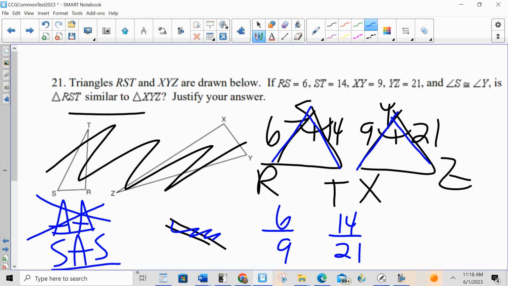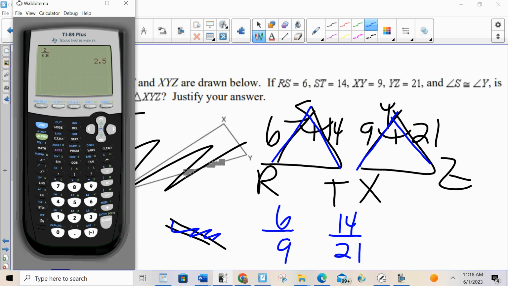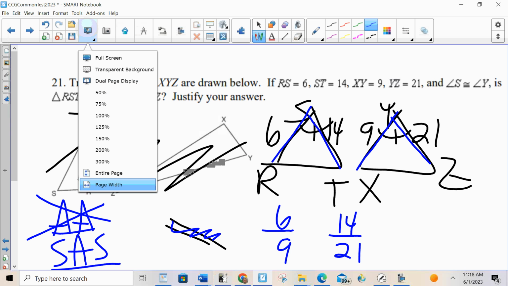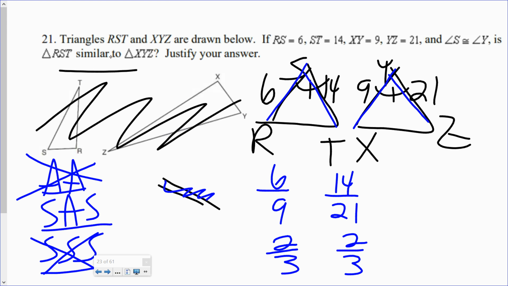If you can't reduce fractions because you don't know 6th grade math, that's okay. I got you covered. Just go to your calculator. Alpha y equals enter, or alpha x for those of you cool enough to have the colored edition. That reduces to 2 over 3. Alpha y equals enter. 14 over 21. 2 over 3. So, yes,